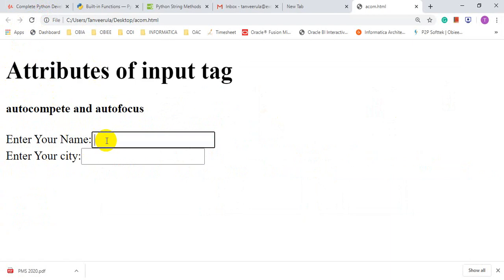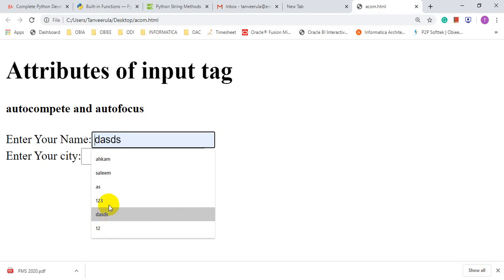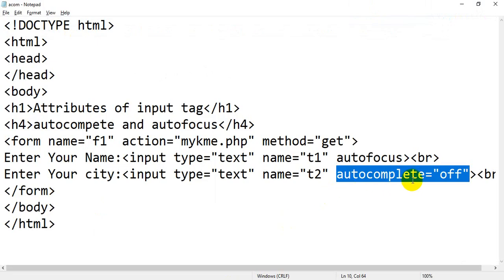Now in the first text box, when I click, I am getting these values, because in the first text box autocomplete is on. In the second text box we have used autocomplete, and you can see autocomplete is off.